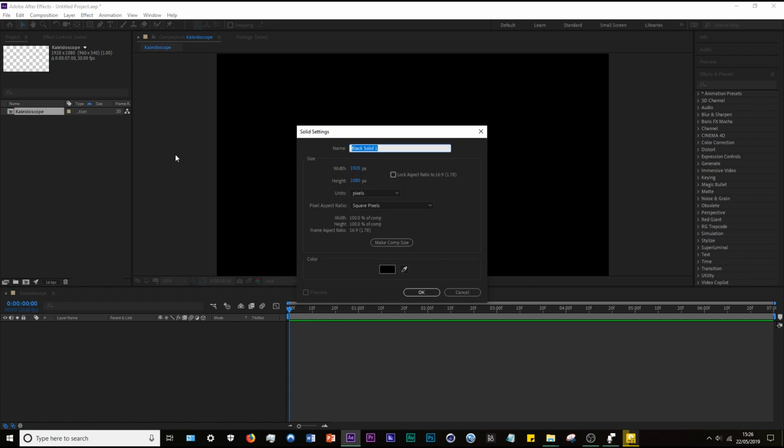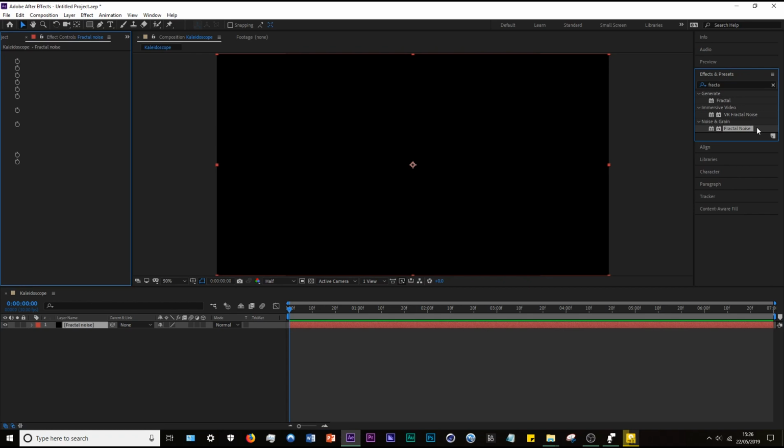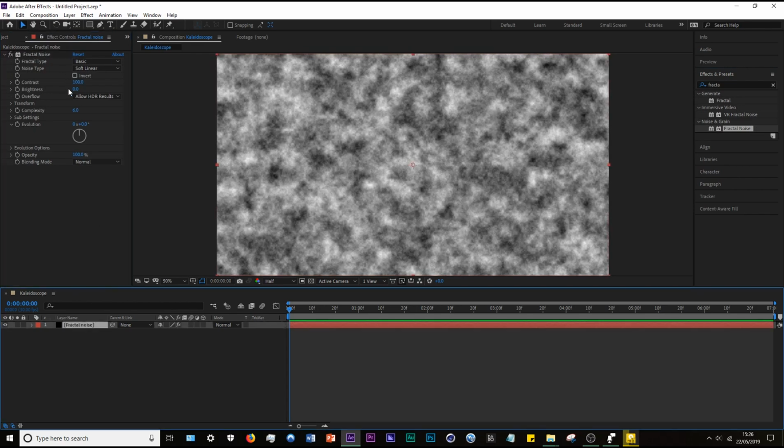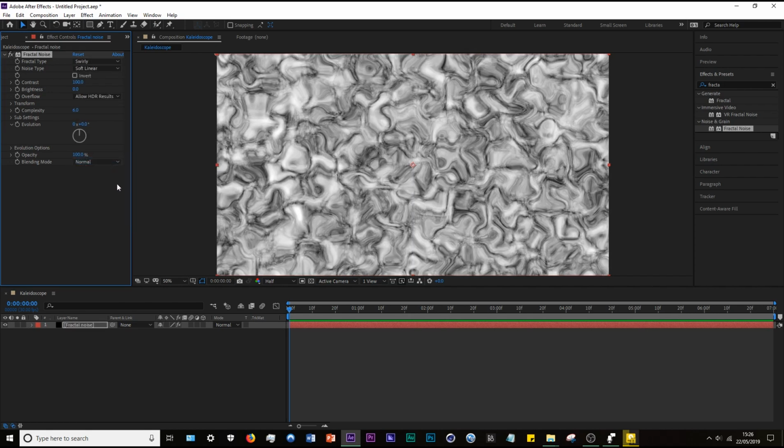So start by making a new solid. Call this fractal noise, and now apply the fractal noise effect to that. Cool. Now here we're going to have to make the fractal type as swirly and leave soft linear. Now invert it